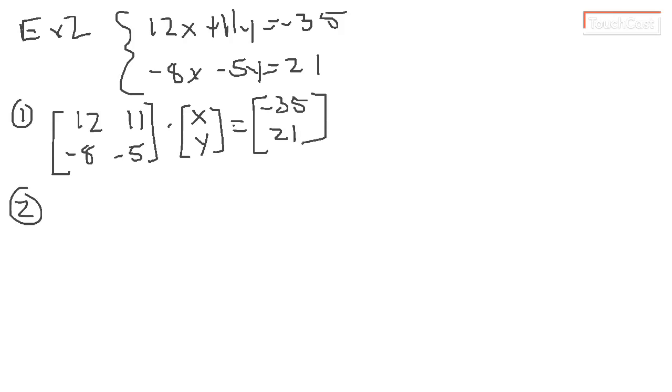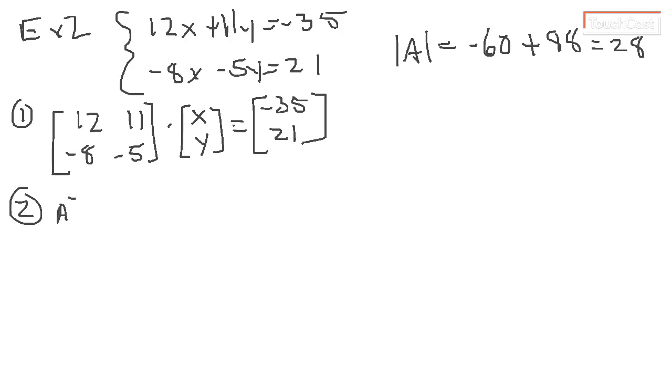Now I'm going to find the inverse of my coefficient matrix. So I'm going to first find the determinant of that matrix. So I'm going to go 12 times negative 5, which is negative 60, minus negative 8 times 11. So I'm going to actually change this to plus 88, which gives us a determinant of 28. So we're going to go